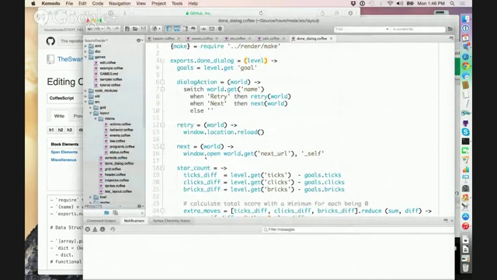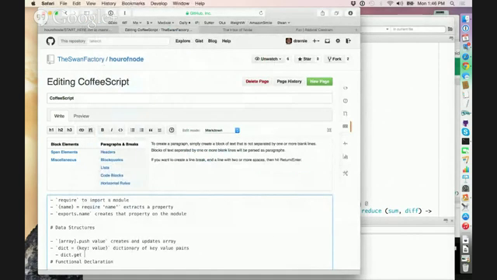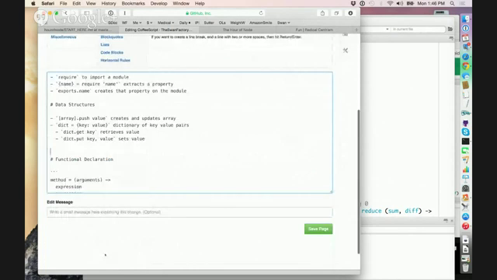Actually, get key, dot get key comma value, x value. Warning: